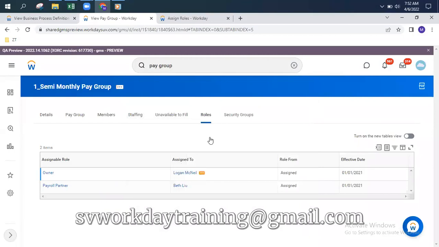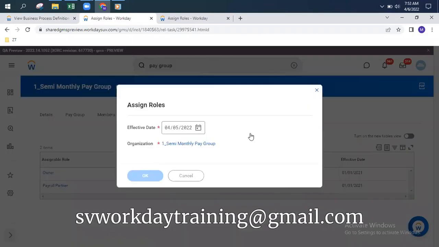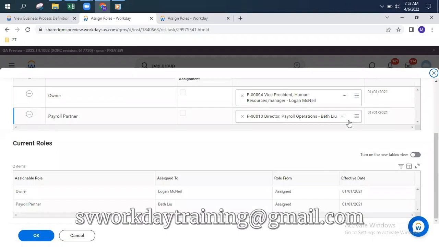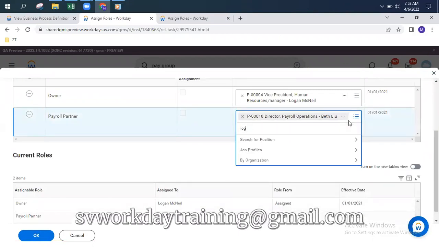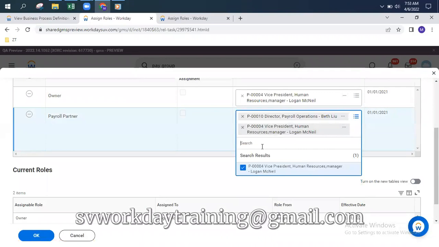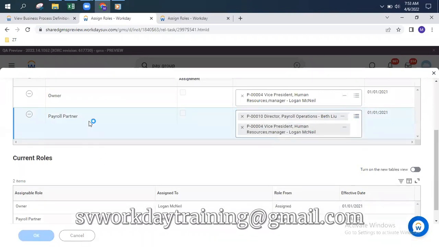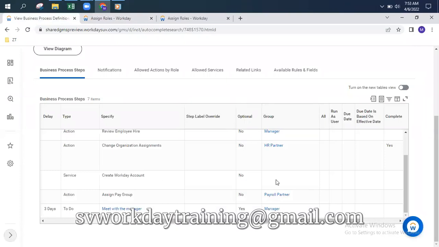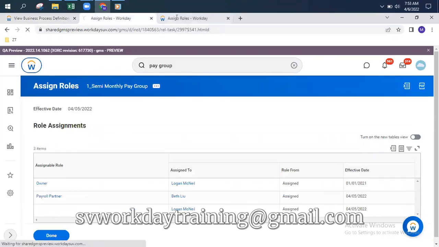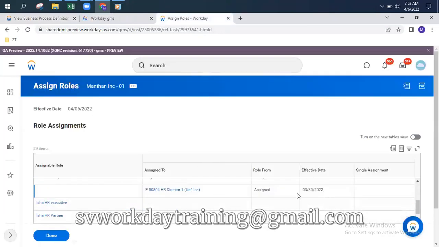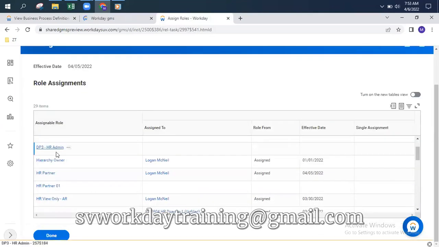So I go here and I'll say, let the payroll partner be assigned to Logan McNeil as well. We can assign one role to two positions. Okay, done. So I have assigned the payroll partner as well, and then we have manager also. So what have we done now? We have all the security groups which we are using here onto our supervisory organization. Okay, all the security groups which I have used in my business process, I have assigned to my